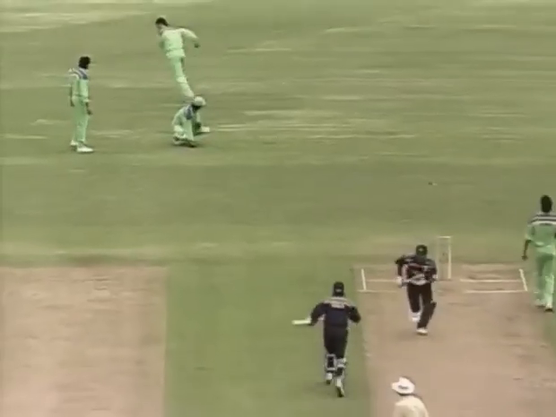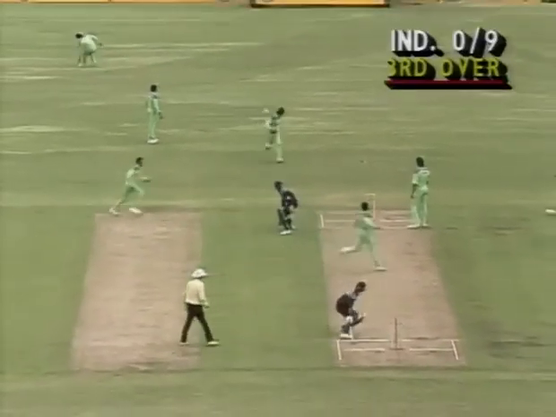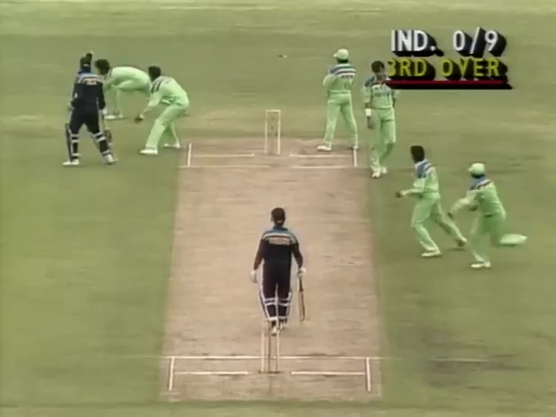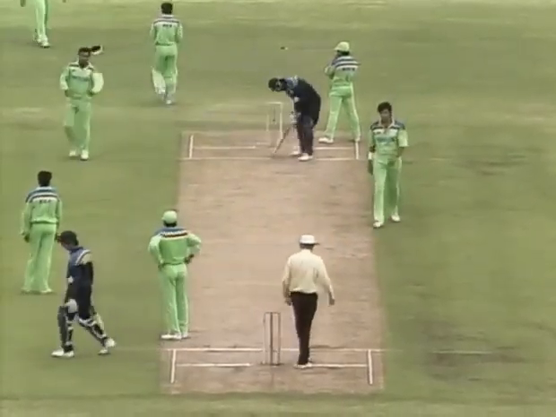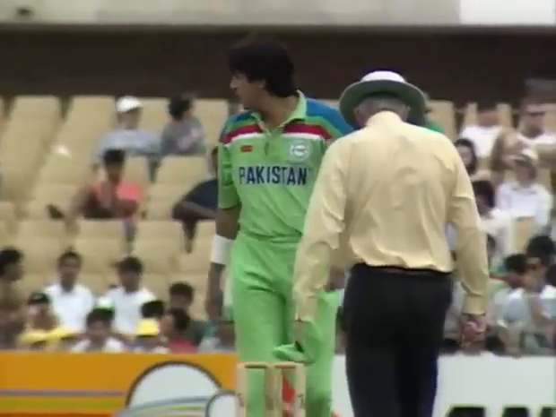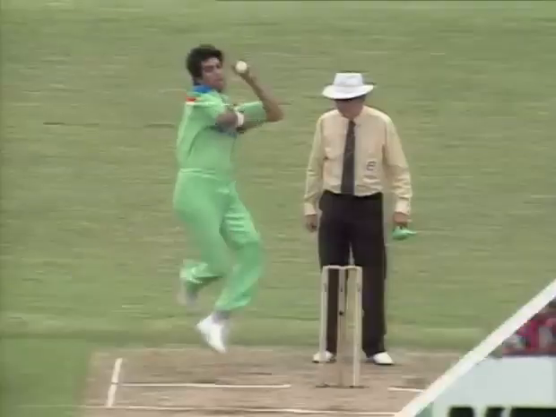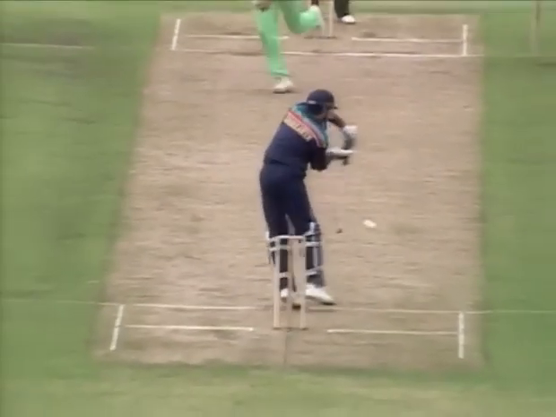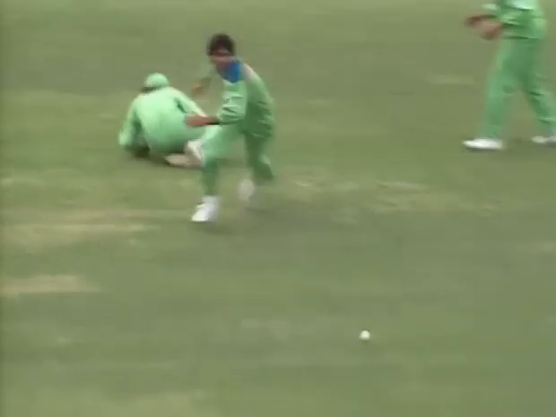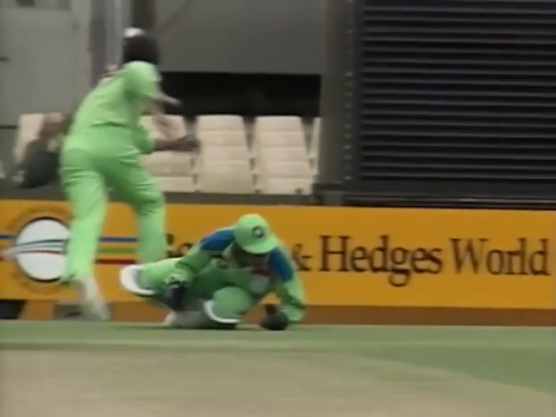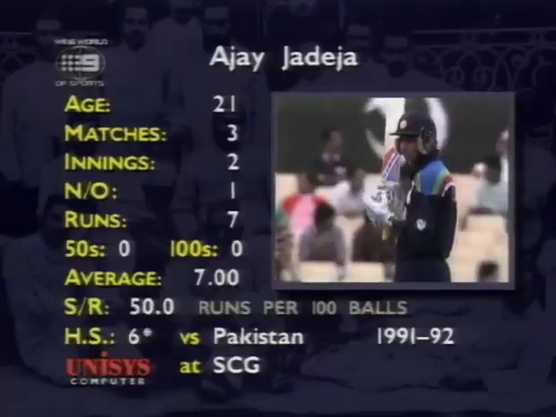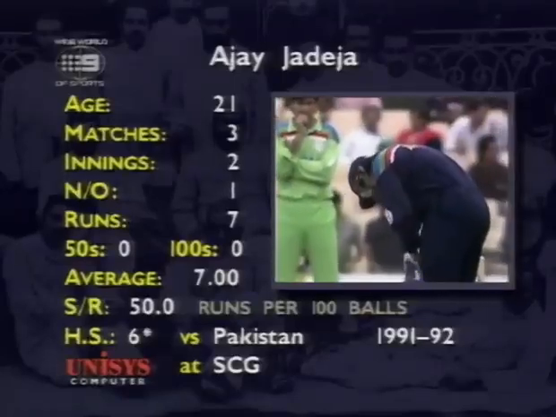That's out if he catches it. No, he doesn't. It looked to me as if it just carried. But unfortunately, he wasn't able to gather it up. So Moin Khan, the keeper there, trying to take that one, which clearly hit the outside edge of the bat. Yes, he just poked at it again. There was the edge. It was a catch, and he dived over it, in fact. It seemed to go through the gloves. That certainly appeared to be catchable in that replay. There's the nick. It's quite clear. Maybe it was a half volley, but he never got his gloves near it. That's his strike rate, 50 down at the bottom there.